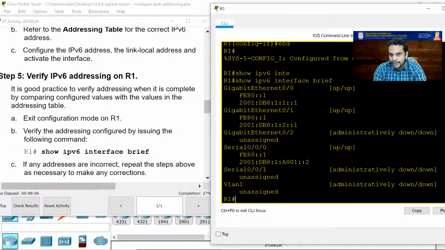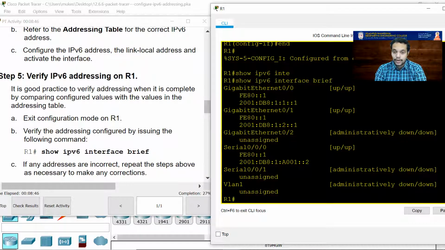See, G0/0, it is up. This is the address that I entered. For G0/1, once again, you see the address. It says both up. That means we have activated the interfaces. Once again, the third interface which I did is serial S0/0/0. I assigned the two addresses, and from an examination point of view, I want all of you to please make sure that you assigned these addresses in the right way. Double check them, because even one particular character can lead to zero marks. Okay, so please make sure that you have given all these addresses properly without any errors. Double check them. You'll have sufficient time to do that. No big issue.